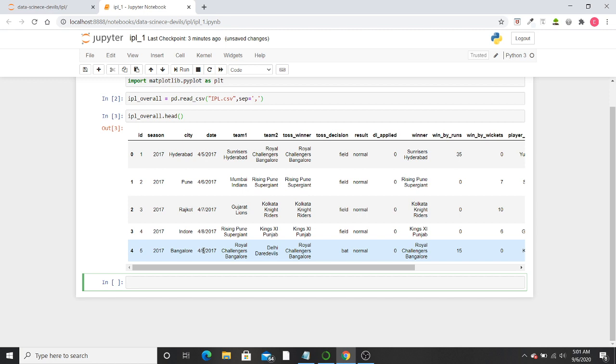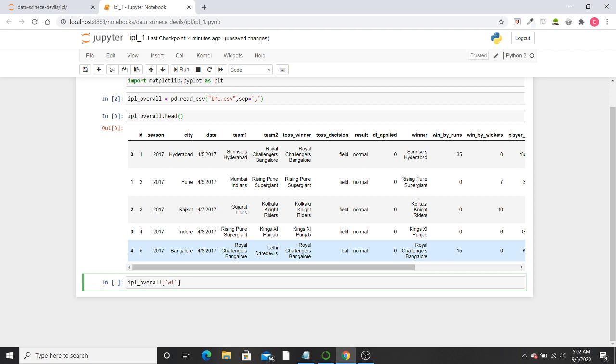in descending order. So for that we are going to use the value_counts function. So IPL_overall.value_counts. Okay, I made a mistake here. It was IPL_overall and the column name that I needed to count.